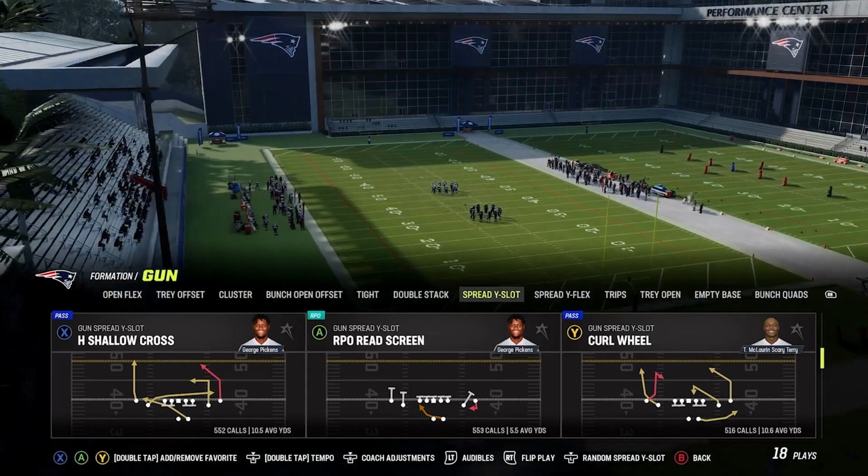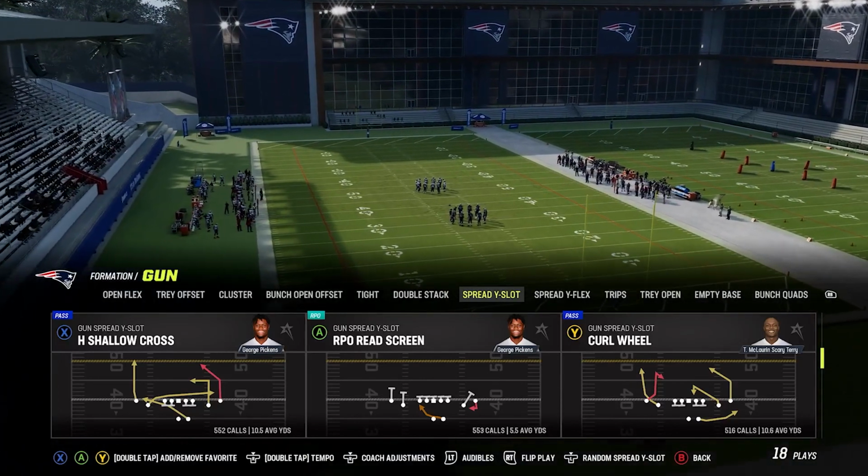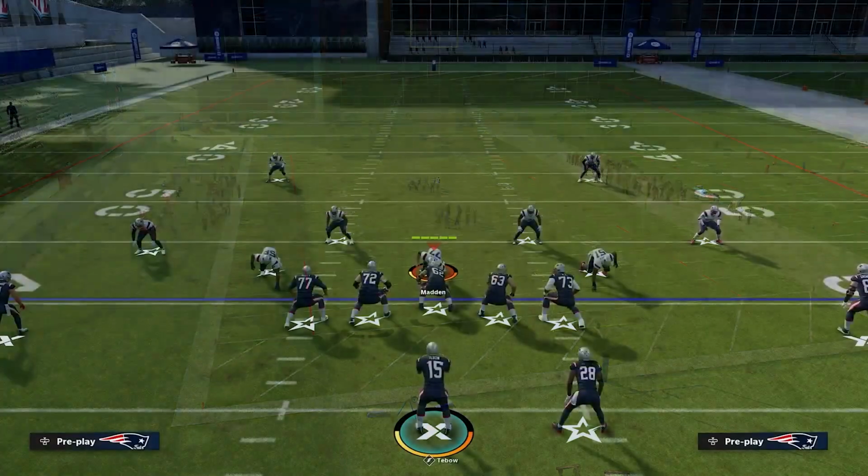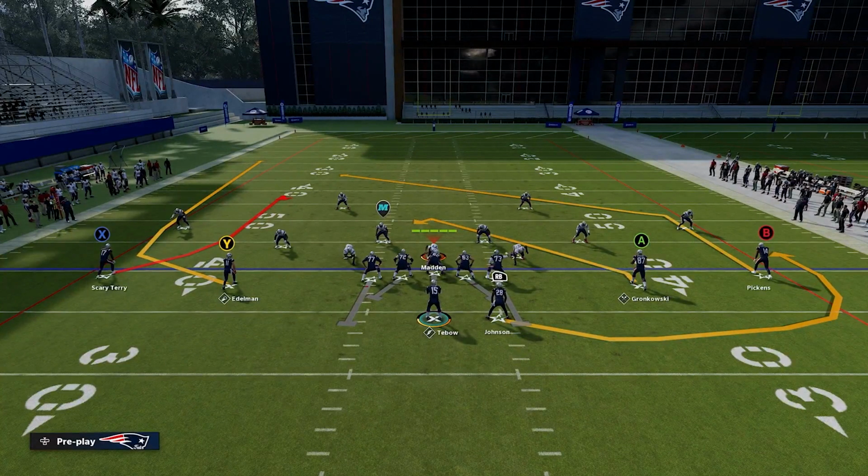Now we're going to be using the play curl wheel out of gun spread Y slot in the Arizona Cardinals playbook. Okay, now you'll see here we have two unique routes on this field that we don't get a lot of times, and it's going to be that X receiver on that deep curl, right? It's a 17-yard curl with an inside release, and then the B receiver is a unique post, especially from an